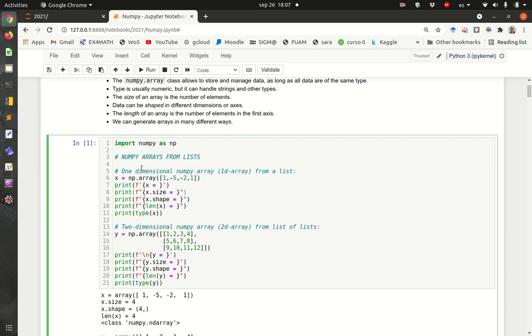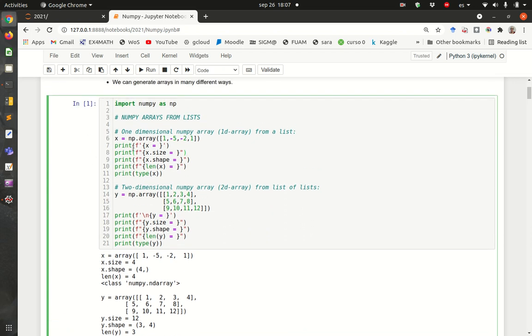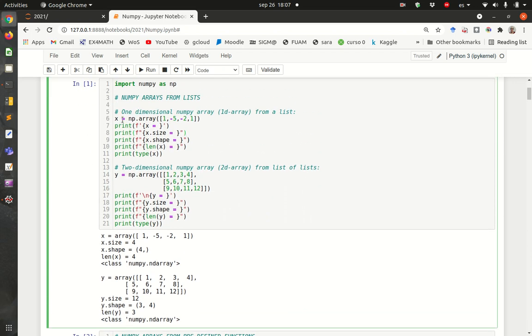we execute this. When we execute this, what I obtain here, I'm just looking at this first part, this part over here. I'm printing x, so x equals array 1, -5, -2, 1. Notice that these are the same elements as in the list. Then